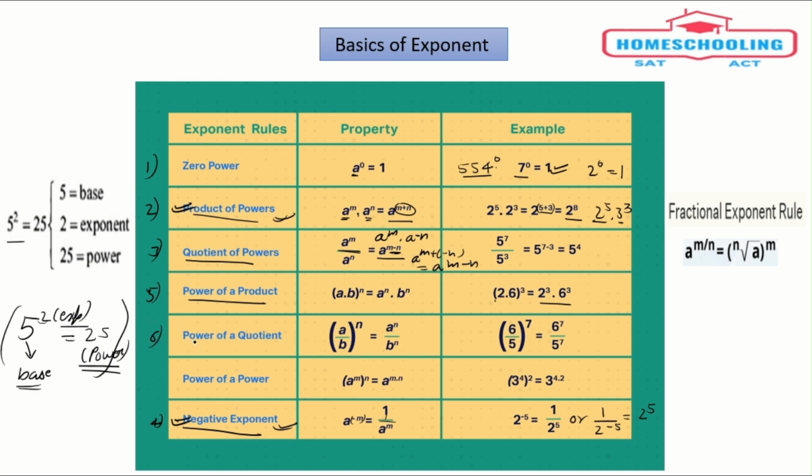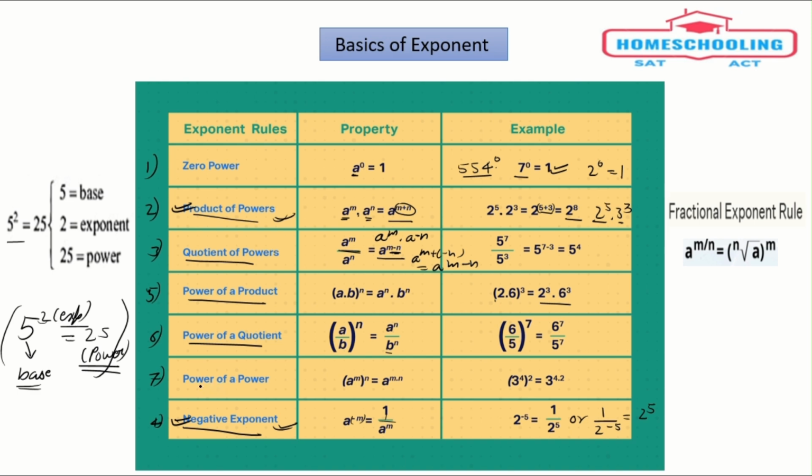in the power of a quotient exponent rule, a by b whole to the power n can be written as a to the power n divided by b to the power n. And the example is 6 divided by 5, whole to the power 7. It can be written as 6 to the power 7 divided by 5 to the power 7. Now moving to the next rule,